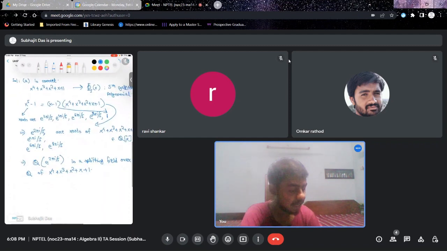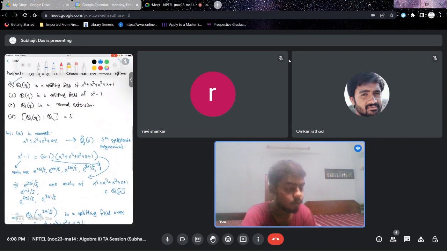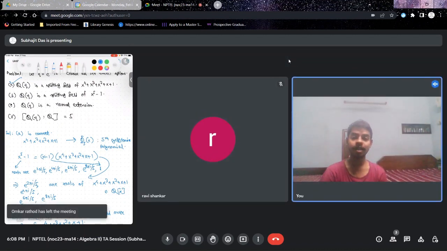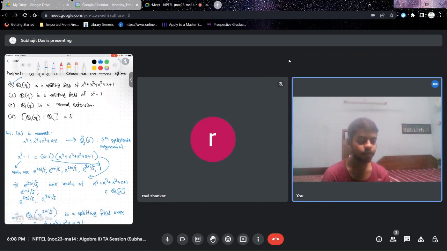And in fact, option B is correct as well. This is again obvious, right? Q(η) is also a splitting field of x^5 minus 1. Q(η) is a splitting field of the polynomial x^4 plus x^3 plus x^2 plus x plus 1. And you know, if you multiply x minus 1 with that, you get the polynomial x^5 minus 1, which is precisely the polynomial whose roots are all the fifth roots of unity,